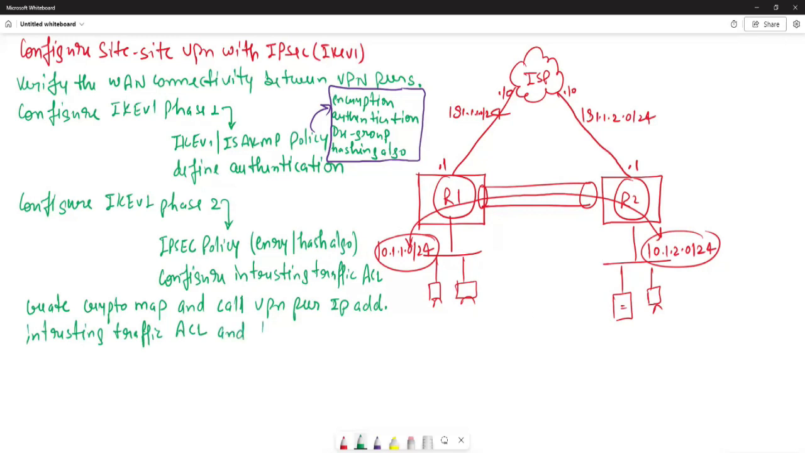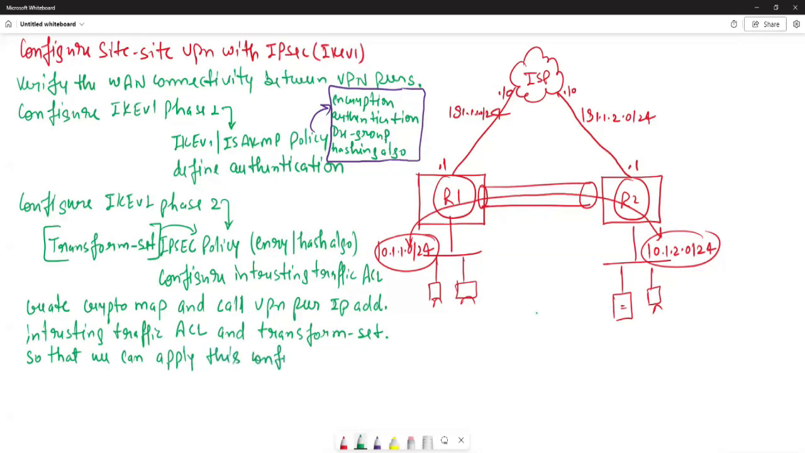and ट्रांसफॉर्म सेट। अब देखो ट्रांसफॉर्म सेट क्या होता है, ये आईपीसेक पॉलिसी को हम लोग बोलते हैं ट्रांसफॉर्म सेट। जब आप कॉन्फ़िगर करोगे आईपीसेक पॉलिसी तो आपको एक ट्रांसफॉर्म सेट कॉन्फ़िगर करना पड़ेगा। ओके, दिस ट्रांसफॉर्म सेट इज कॉल्ड आईपीसेक पॉलिसी, so you need to call transform set, okay, so that we can apply this configuration or VPN configuration, right, to WAN interface